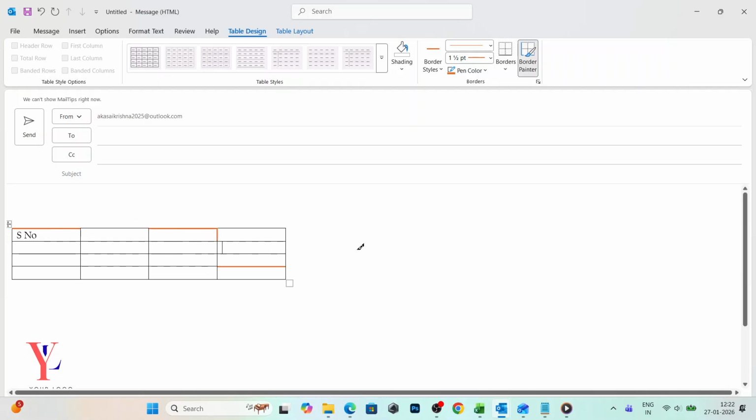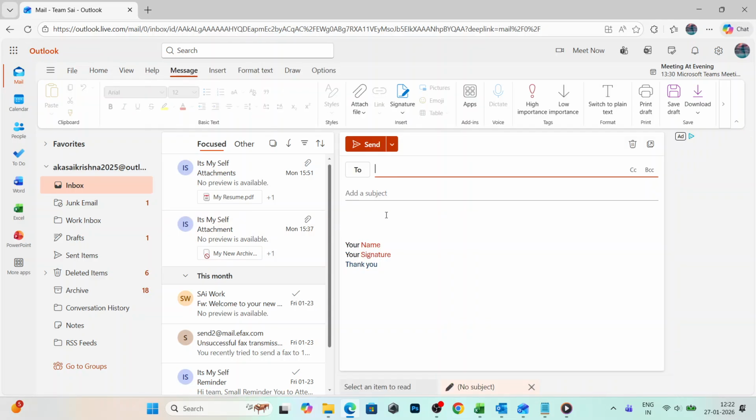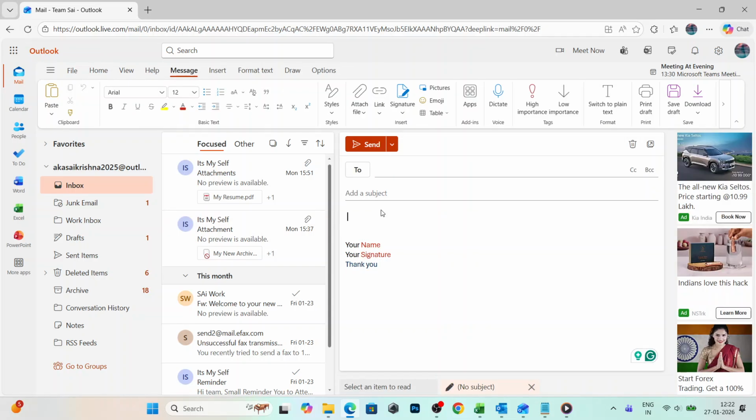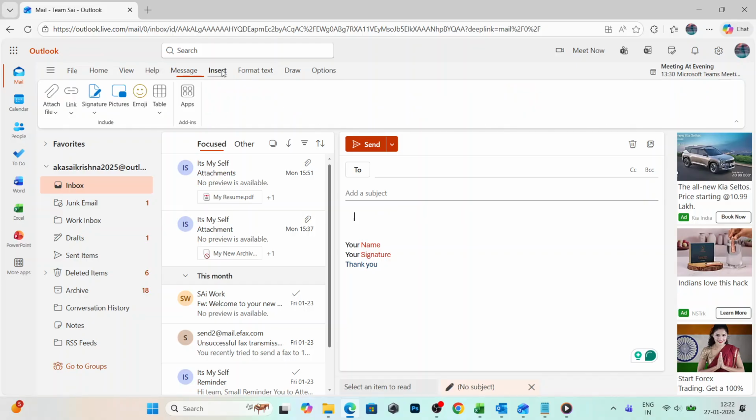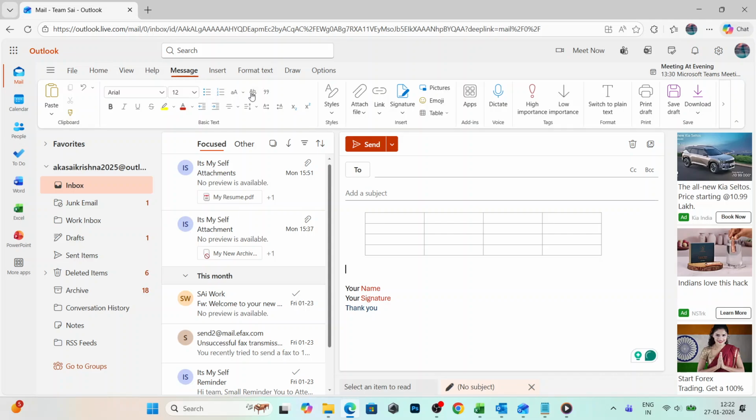Now, if you are using the new Outlook or the web version, the process is very similar. Start a new message. Then click into the body where you want your table. Go to Insert, then choose Table. You can drag across the grid to select the size you need, or choose Insert Table to specify the number